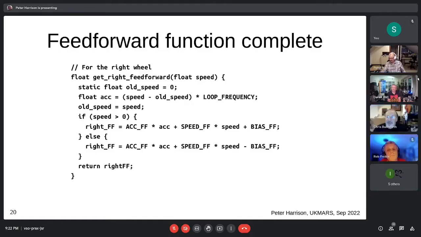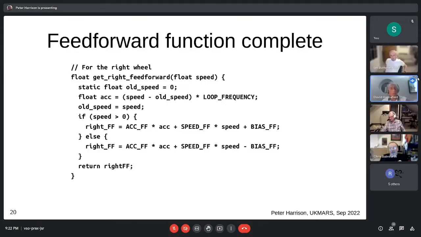Exhausted. Quick question. Can you apply any of this to a schools line follower without encoders? No. No, yes. Well, I mean, if you've got